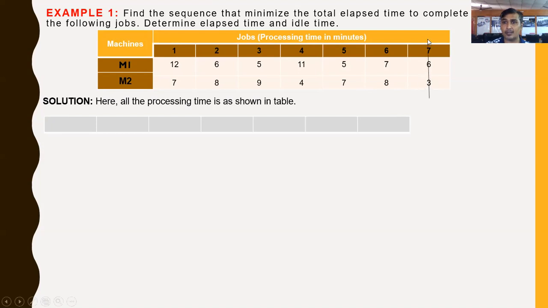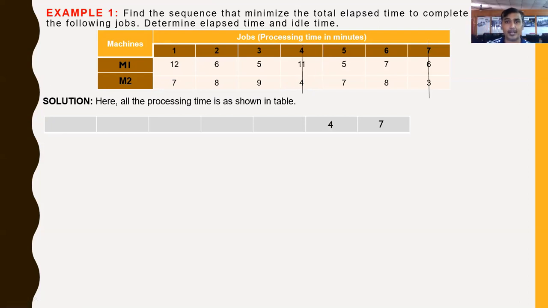Okay, just draw the straight line. So in the next step, we have to just consider the remaining jobs. Here we write down job number 7. Same thing again, we have to find the next minimum processing time. Here the minimum processing time is 4 minutes, again machine 2. So again we have to write down job number 4 on the right hand side.